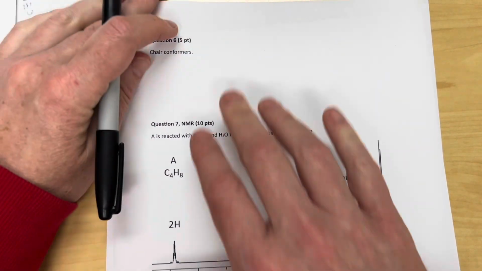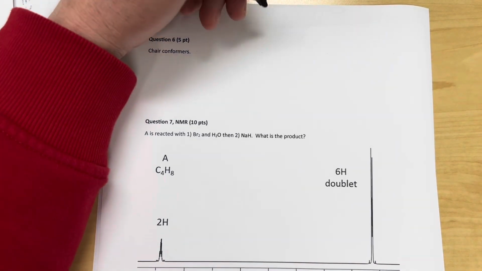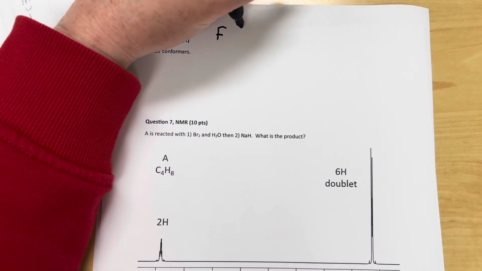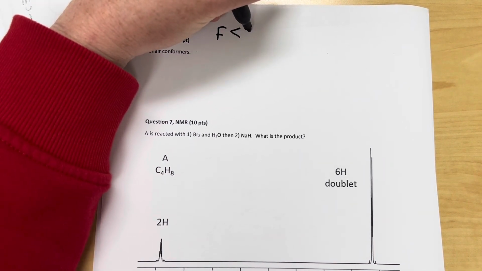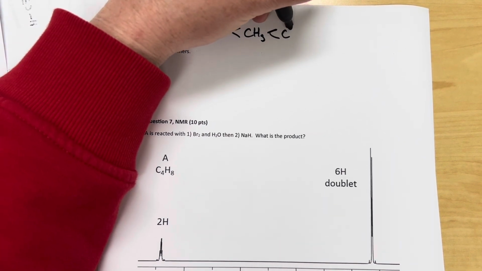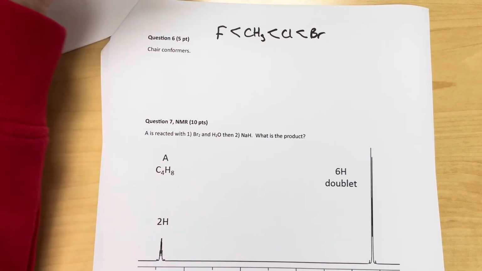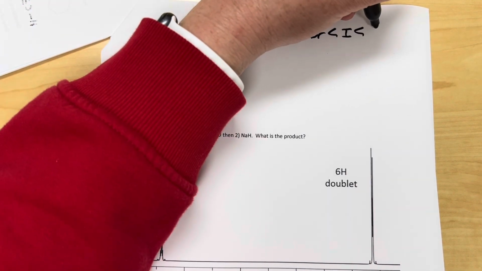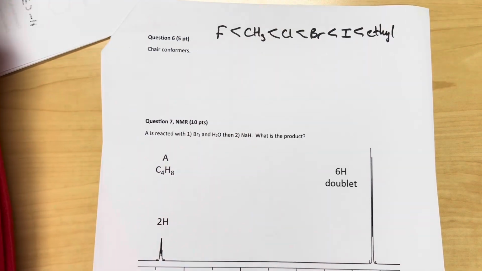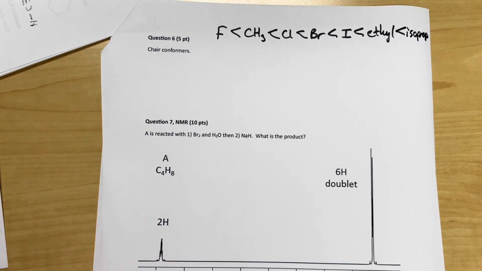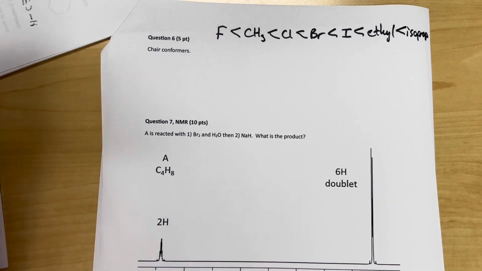So before I do, after the exam where we went over chair conformers, we talked about the fact that fluorine is less bulky than CH3, which is less bulky than chlorine, which is less bulky than bromine, which is less bulky than iodine, less bulky than an ethyl group, which is less bulky than an isopropyl group. So these are the common things that you'll run into in terms of bulkiness on chair conformers. If you remember, the most bulky